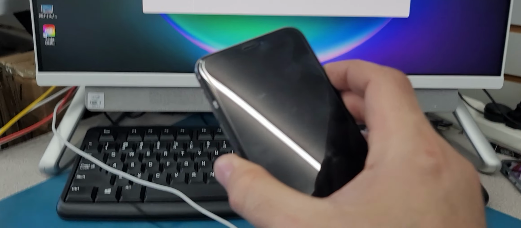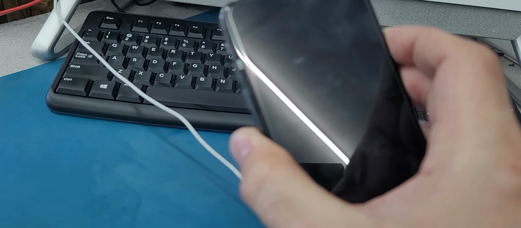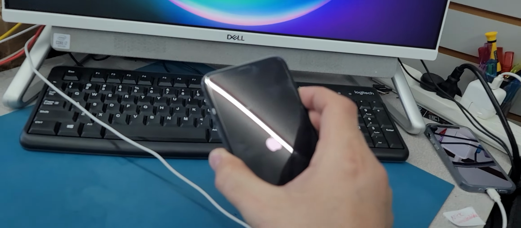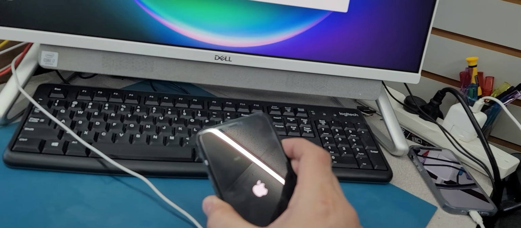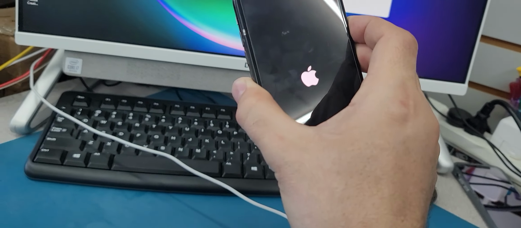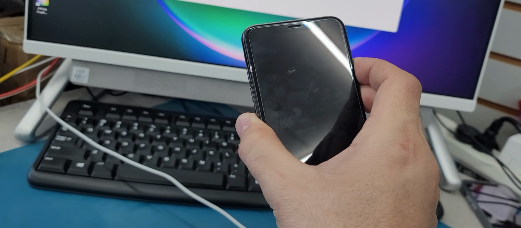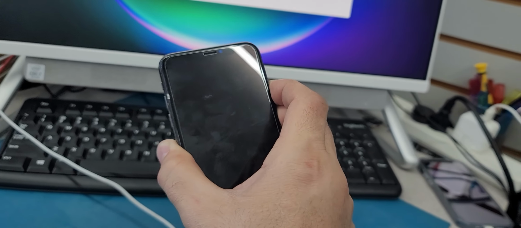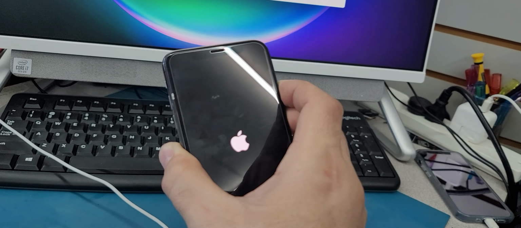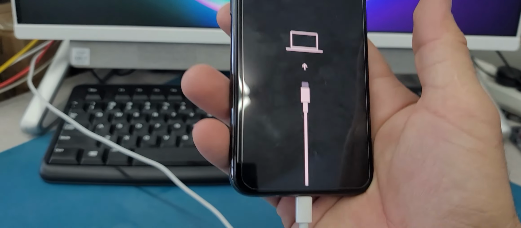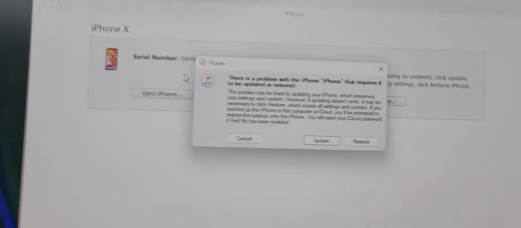The phone turns off, then just keep holding. Once it shows you the Apple logo, keep holding. Okay, just keep holding. It shows me the Apple logo now, right? So just keep holding. It turns off again, so we just keep holding. Okay, so now as you see it shows me this, and once this appears here, we have this little box